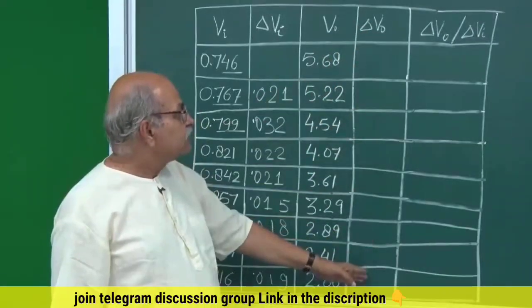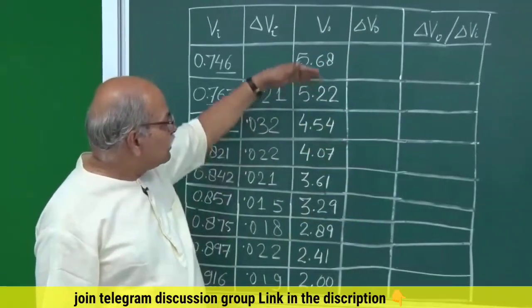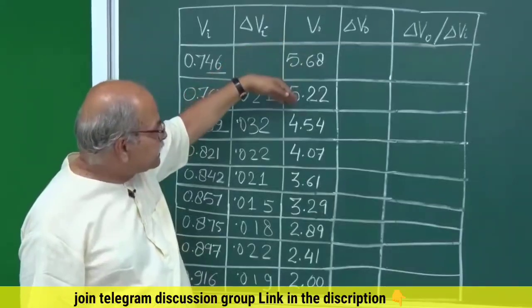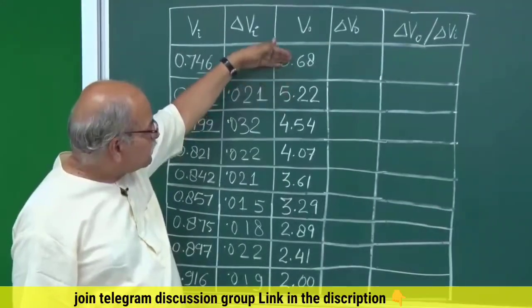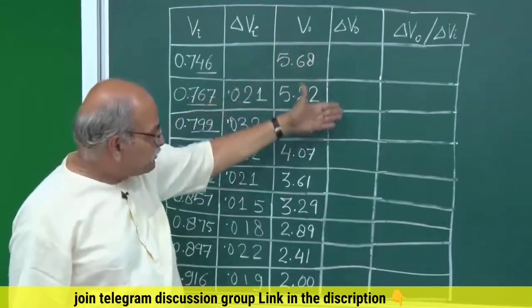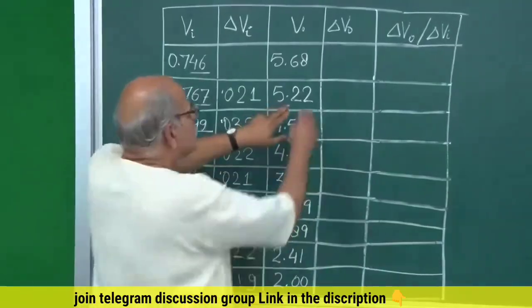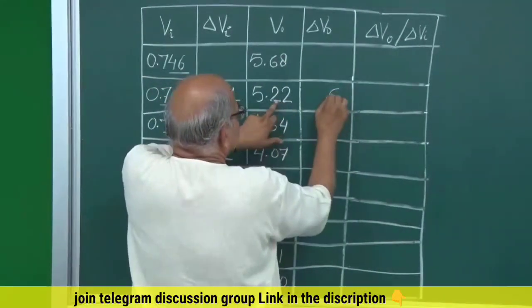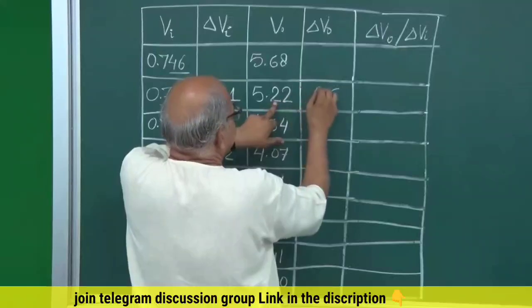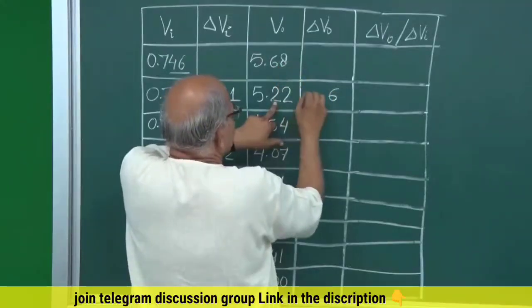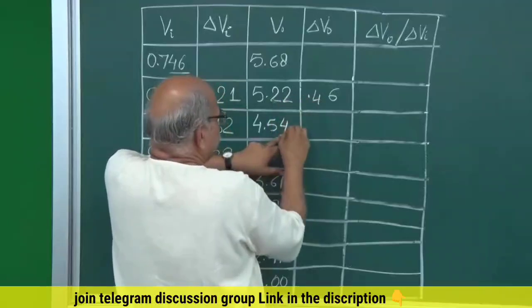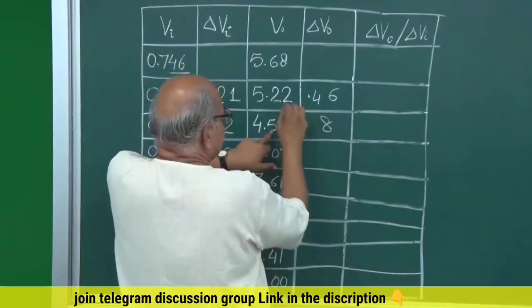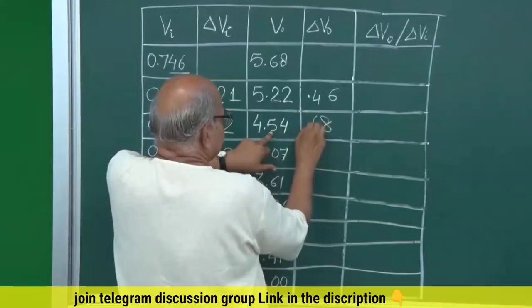This is delta VO. So I have to see how much this VO has decreased. So I have to subtract this from this, and so on. Let me fill this column. So 8 minus 2 is 6. Then here it is 6 minus 2 is 4. Here it is 12 minus 4 is 8 and 11 minus 5 is 6.